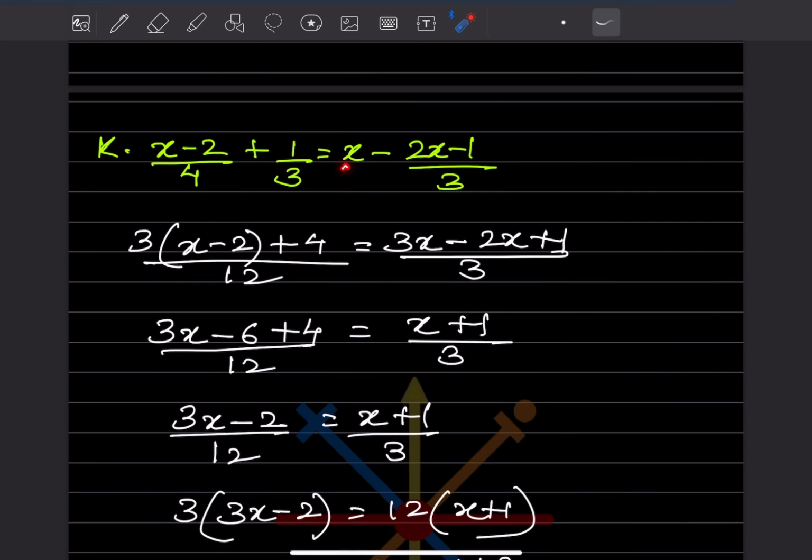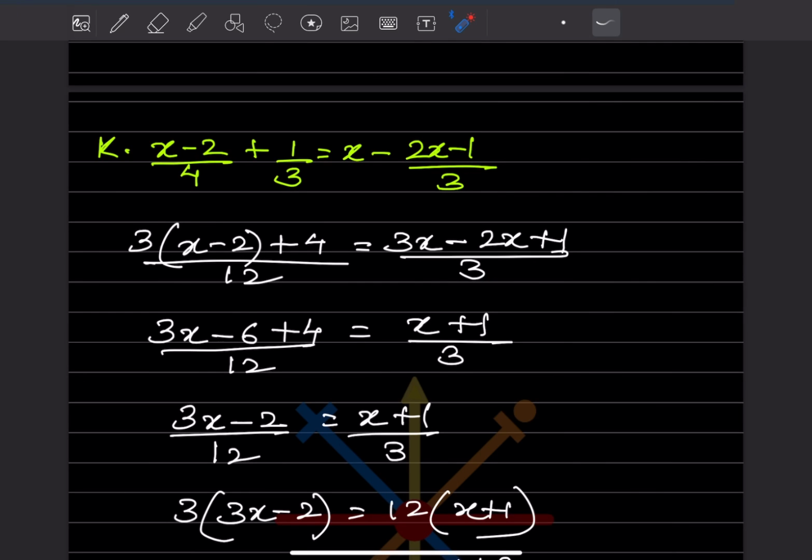And here what we can see, this is 1. So this will be multiplied by 3. The LCM is going to be 3. So here also 3. So this is going to be 3x. And now here you can see 3 is already here. So that doesn't change. That is going to be 1. So here we can put 1 so that you don't get confused. Minus 1 into 2x minus 1. So that will be minus 2x plus 1